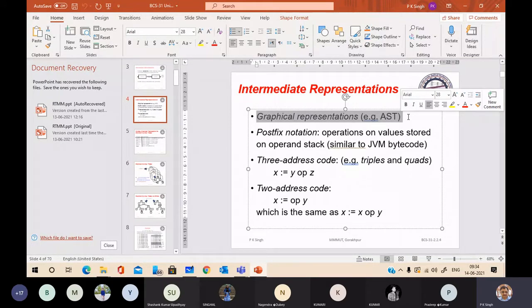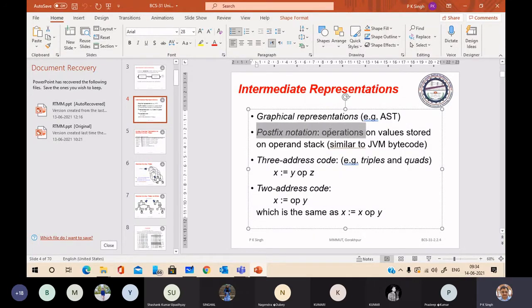For a particular program, for its syntactic structure, we can convert it into postfix notation. If you see, it is similar to Java bytecode.